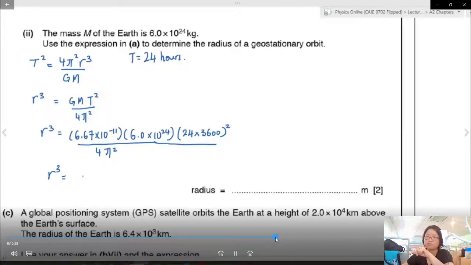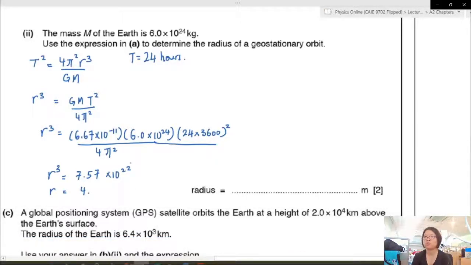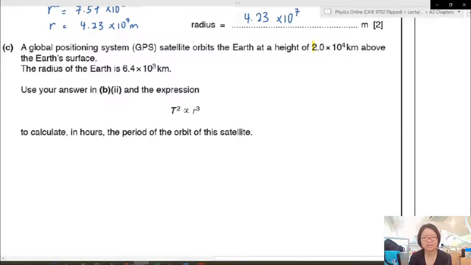The square is supposed to follow the T. I've seen this so many times. Every year when I set a question, people forget the square. So when you include the square, now you'll be able to get a more reasonable answer. Because the Earth's radius is 10 to the power of 6 already. So I don't know what kind of satellite can be like that. Anyway,